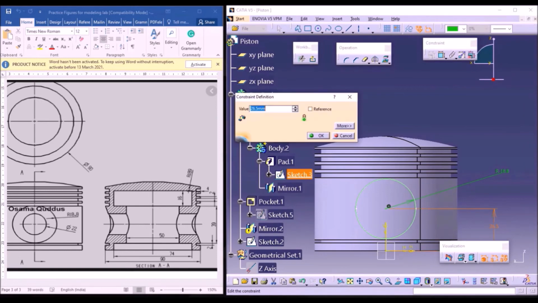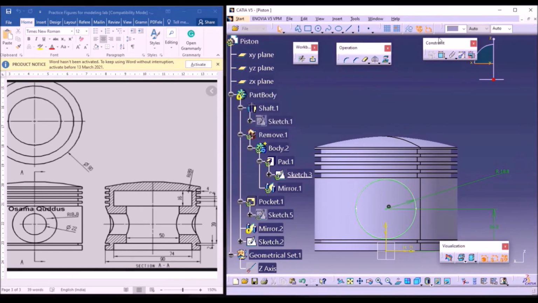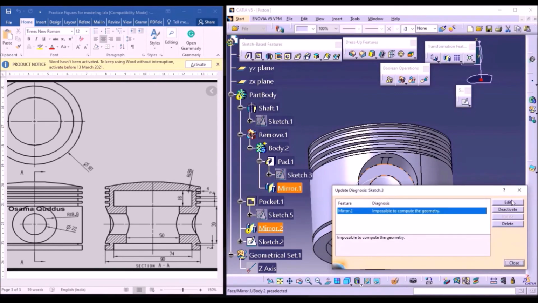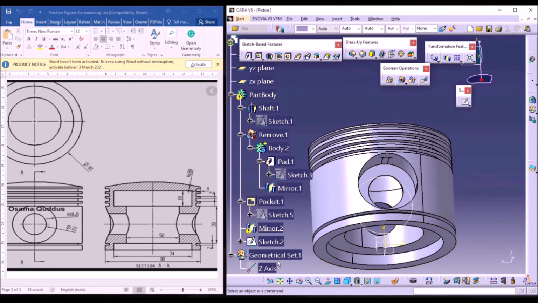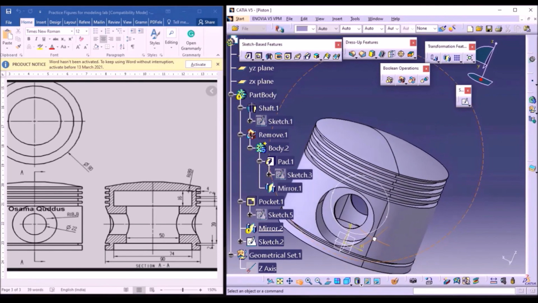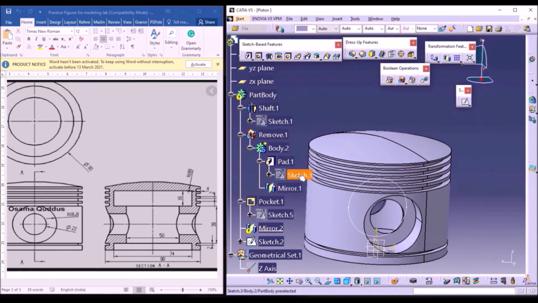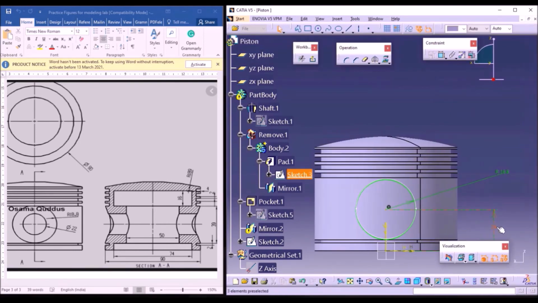Okay, so I'm changing this distance to 26.3, okay, and click on exit workbench. Okay, so that you can see the changes here. So just change the length as 26 and it will automatically update in the part design.